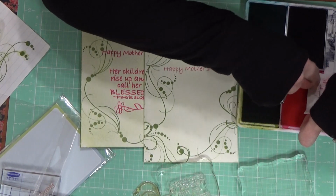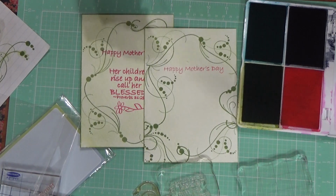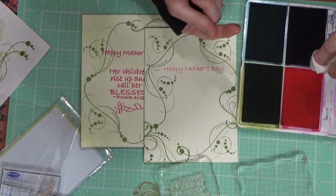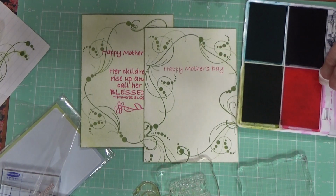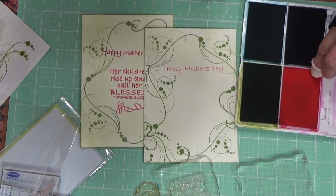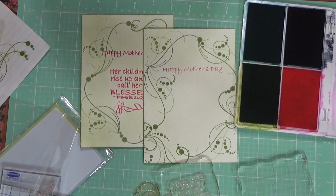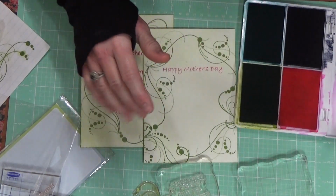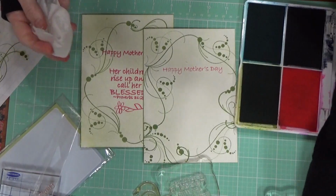All right, so that's pretty good. It's a little bit better than it was. And then what I could do too is carefully take a baby wipe and just kind of dab at it until you get that off of there. When it's a small amount, it's really not that big of a deal. Depending what color you got mixed with another, it's usually not going to matter. All right, so